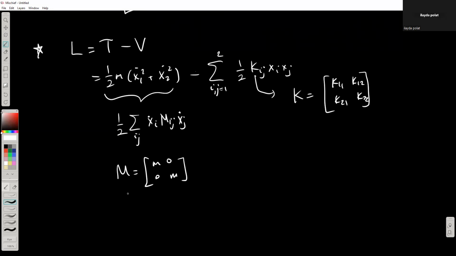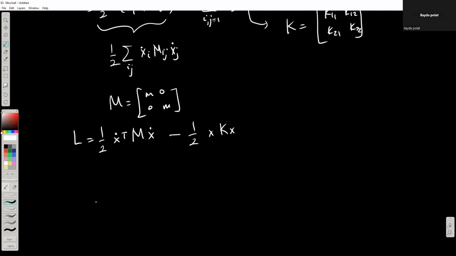In any case, let's see. So I can think of this Lagrangian as a matrix product like that. The kinetic energy involves the velocities, and the potential energy involves the spring constants. Okay, so the equations of motion